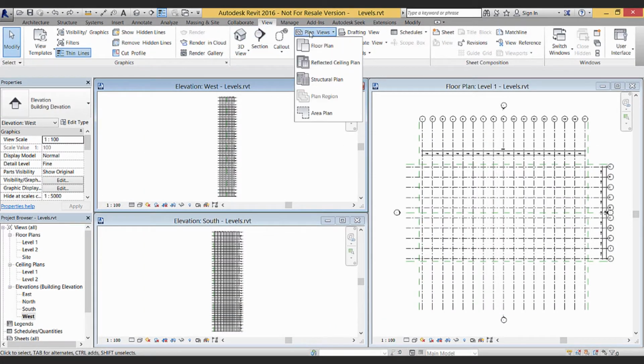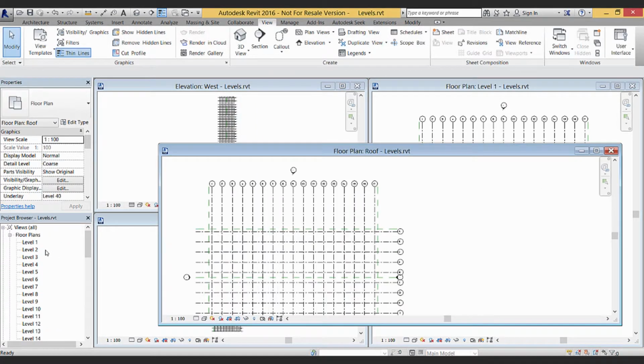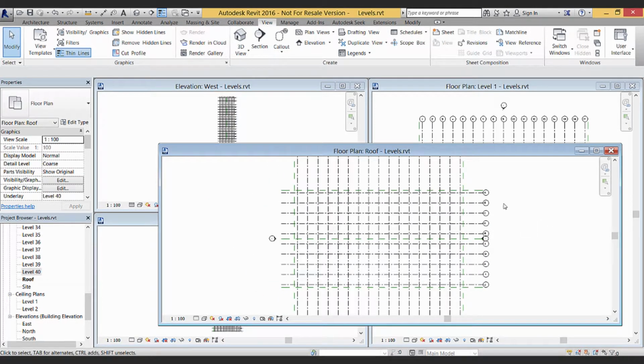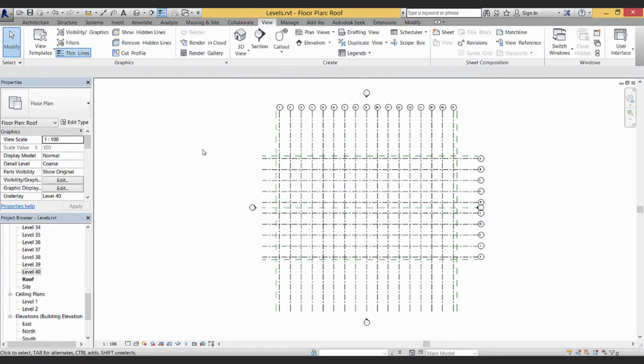So let's create all the remaining floor plans. Just select everybody and go OK. And then Revit will create all your floor plan views, like so. We're going to create a couple more views. Let's create a section or two. If I maximize the roof level, or whichever plan view you have,